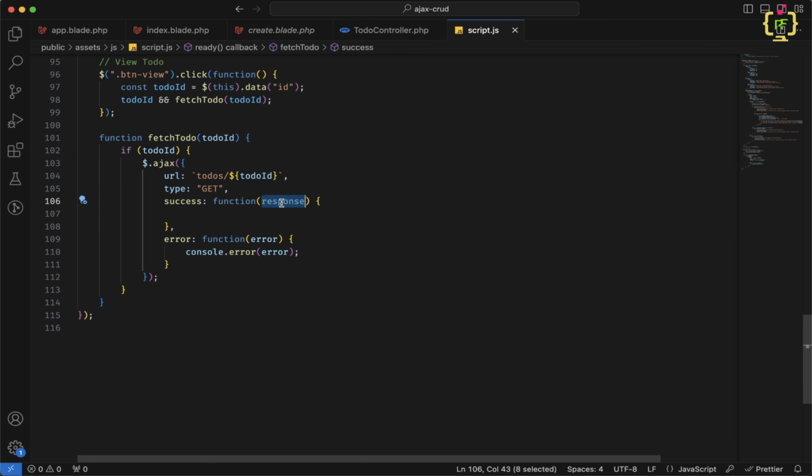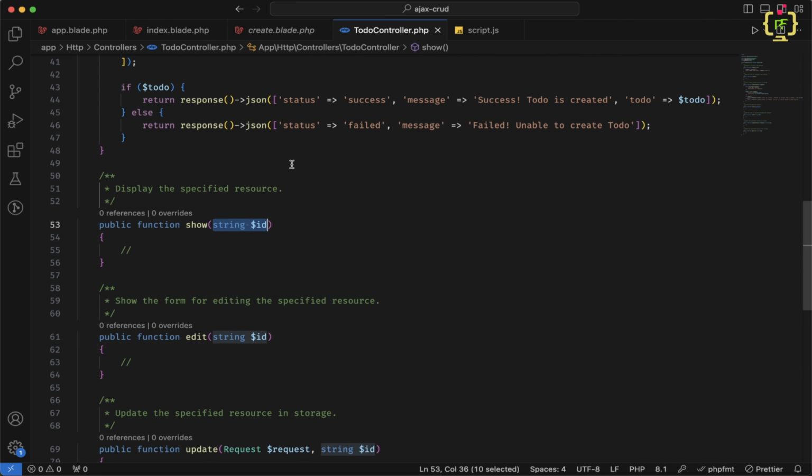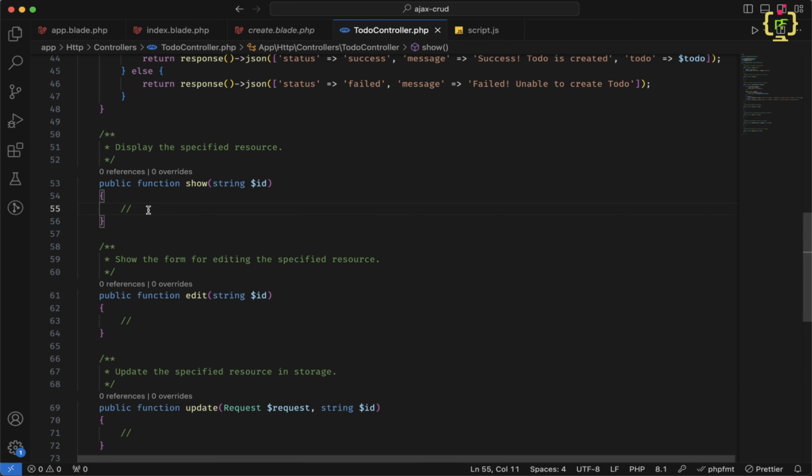And before capturing this success response, we have to write some functionality inside the controller, because this Ajax request will make a call to this controller function. Okay, so let's move to this controller, and here inside this show function we will be receiving the Ajax call. Currently in this show function we are receiving ID as a parameter. So instead of fetching the single ID and finding the to do based on that given ID, we will be using